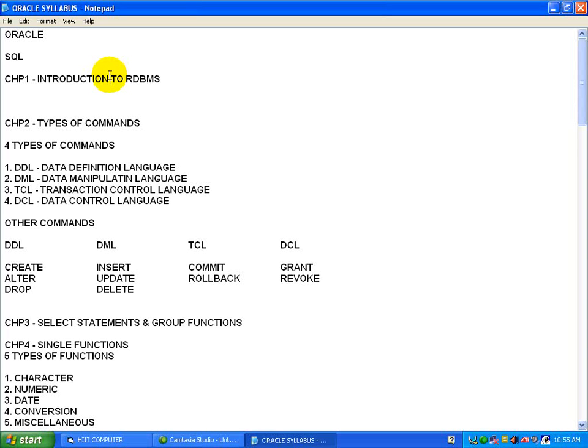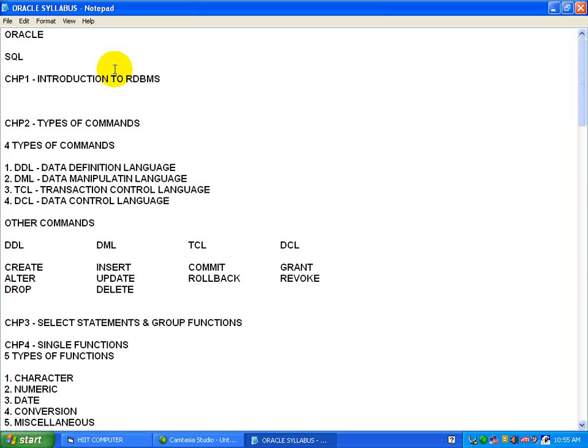RDBMS stands for Relational Database Management System. The concept of relational database is known since 1980, but the idea of database management system is definitely quite old. The most famous RDBMS packages are Oracle, Sybase and Informix.